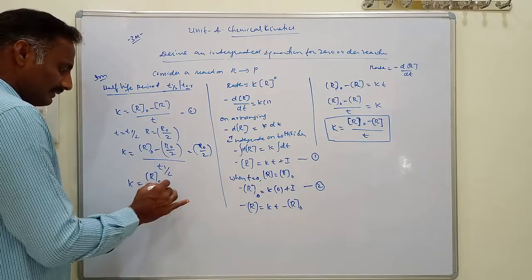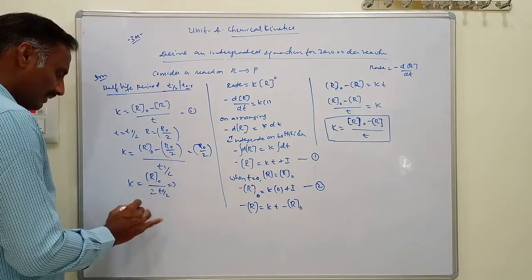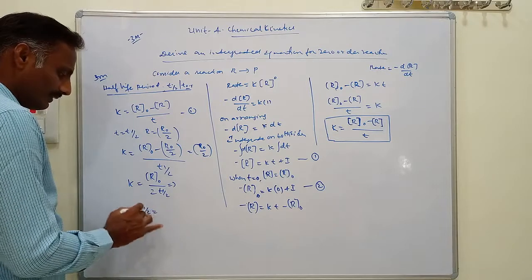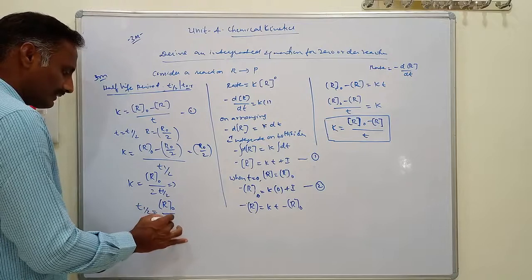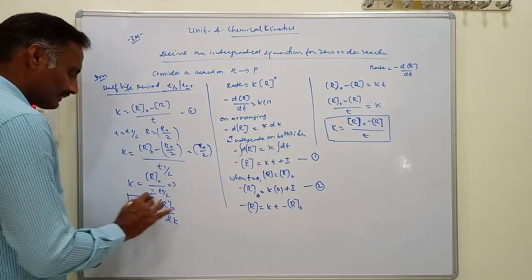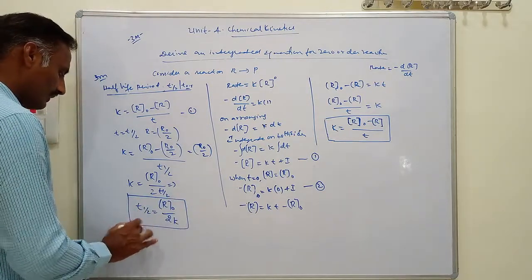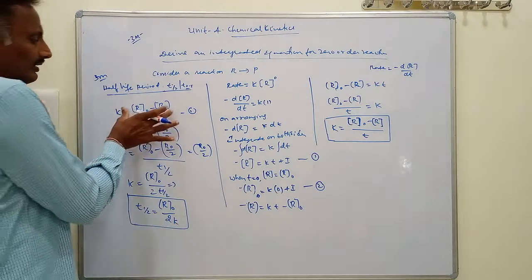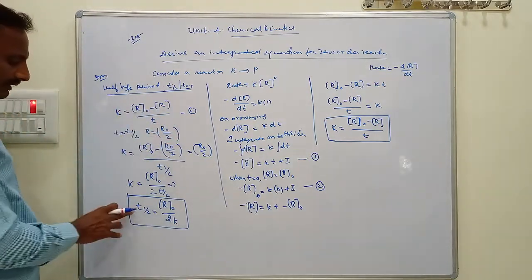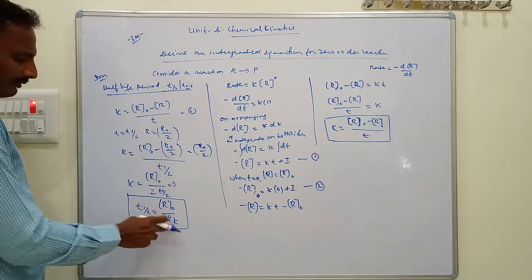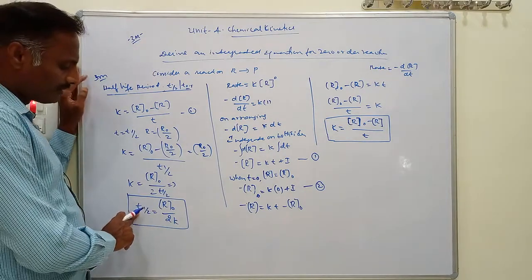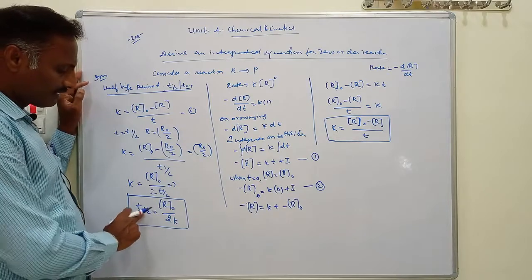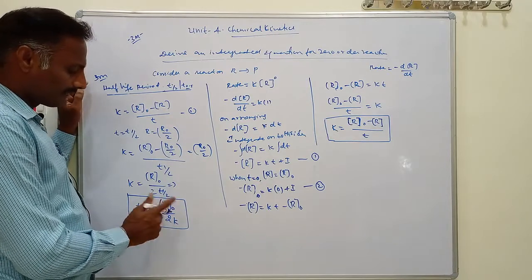This is written as t half equal to R naught by 2K. This is an expression for the half-life period of zero order reactions. For this zero order reaction, half-life period equals R naught by 2K. This indicates that the half-life period of a zero order reaction is